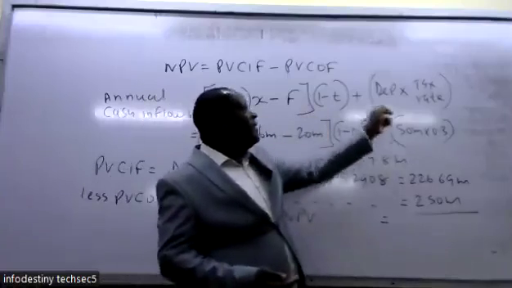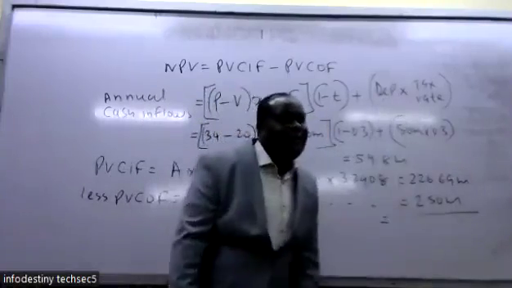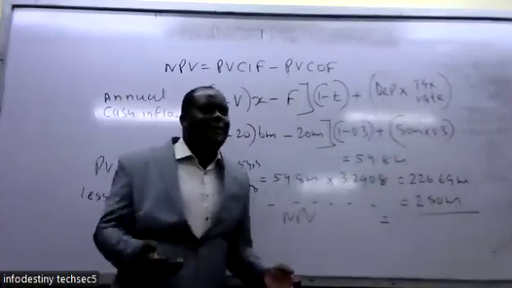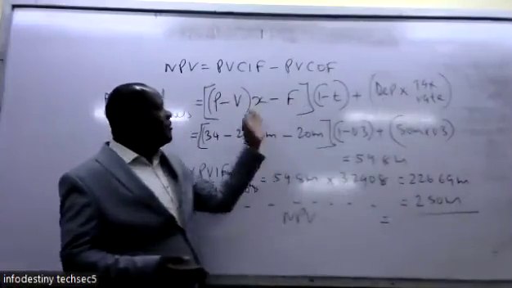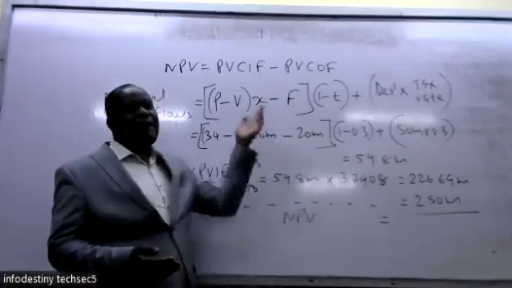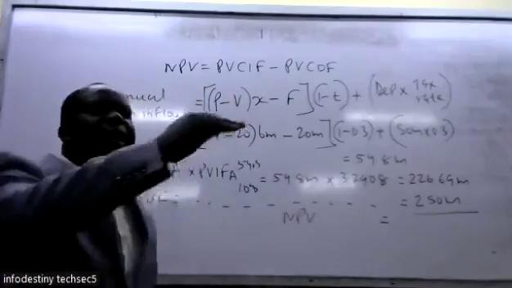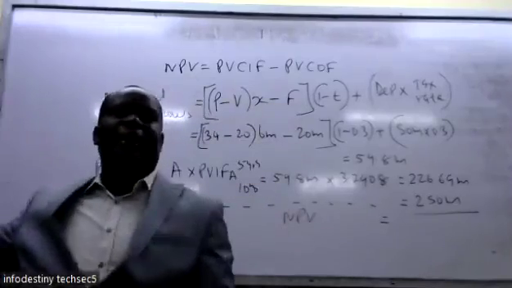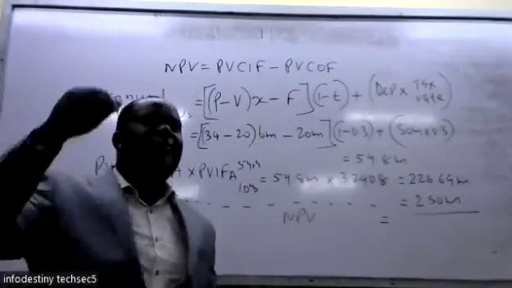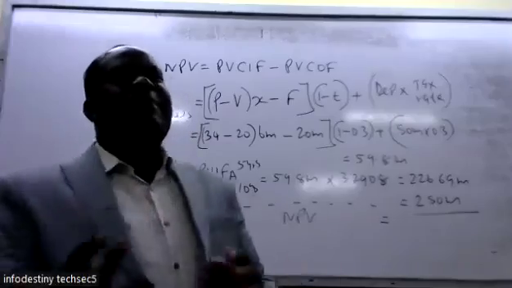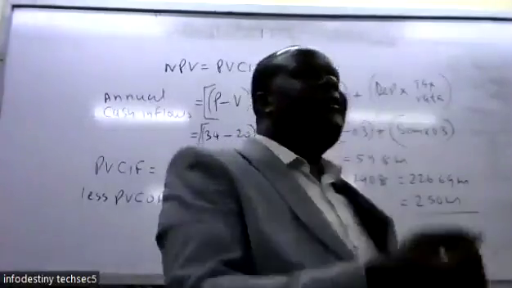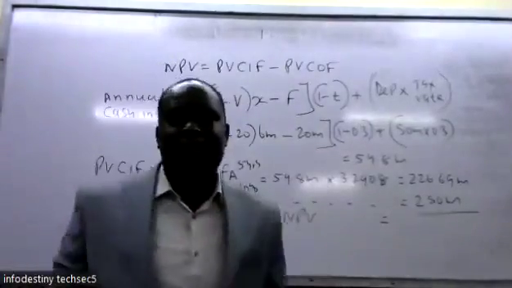But add back depreciation multiplied by the tax rate. It will give you the same figure. If I do it, it's an alternative way of doing the same. But why should we go in the wrong direction? Simply get the earnings before depreciation and tax. Then do what? Tax. But add back depreciation multiplied by the tax rate, which will give you the tax benefit